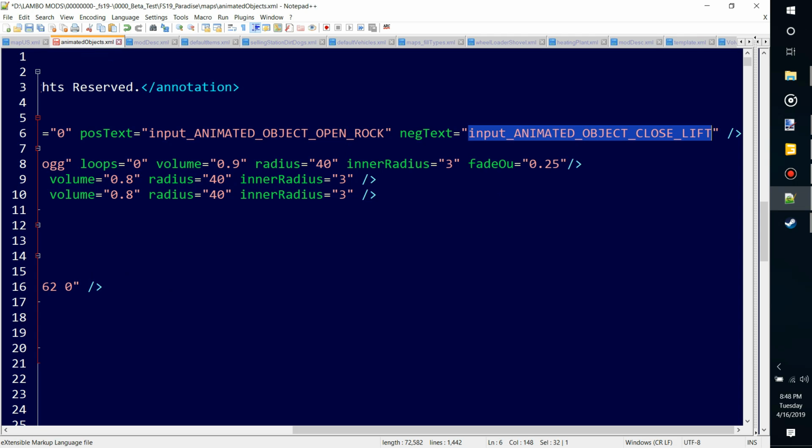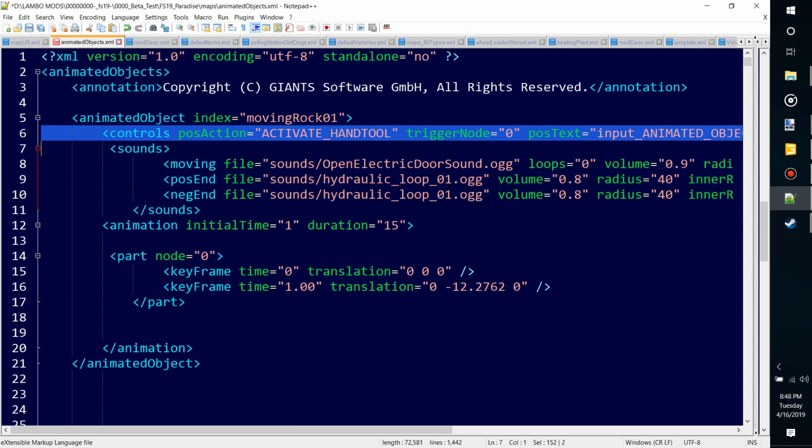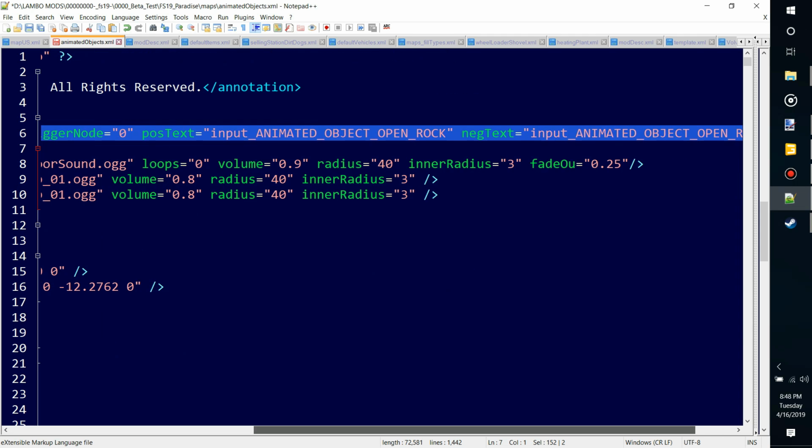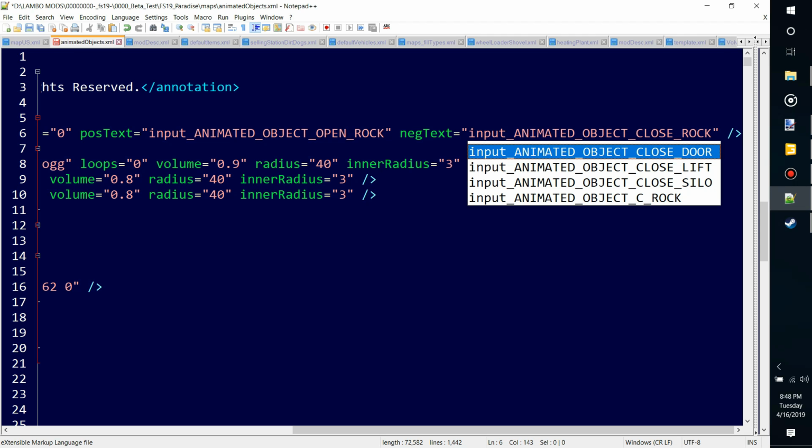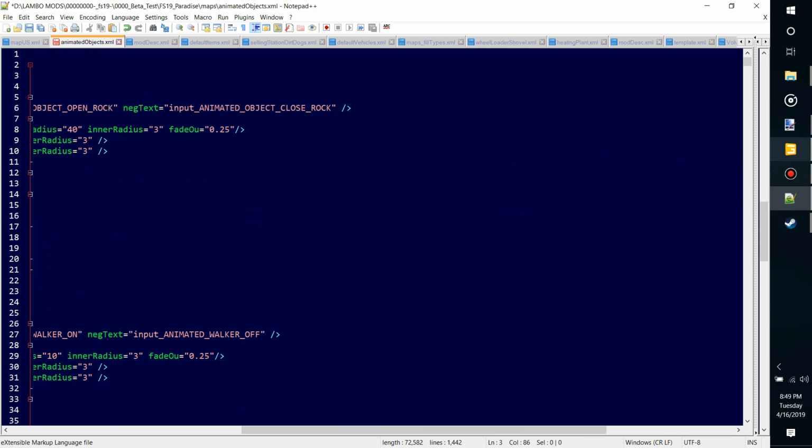Hit copy, double click on that. Oh, I'm so zoomed in for you guys. We'll put close rock here. Oh, all caps, messed up. Okay, now that that's looking beautiful,